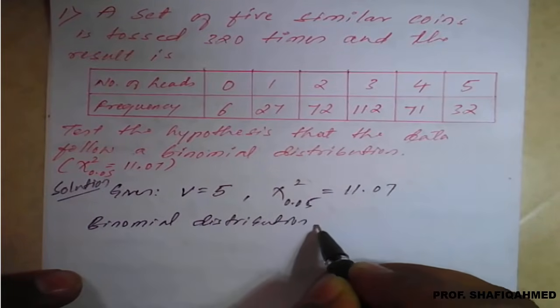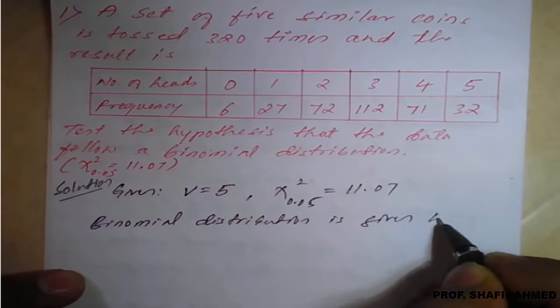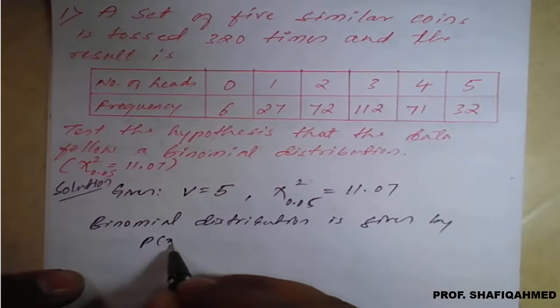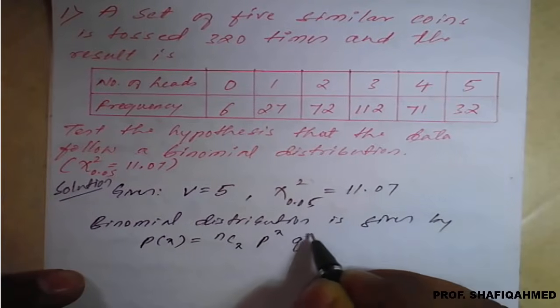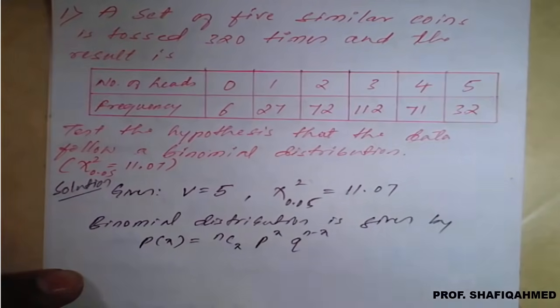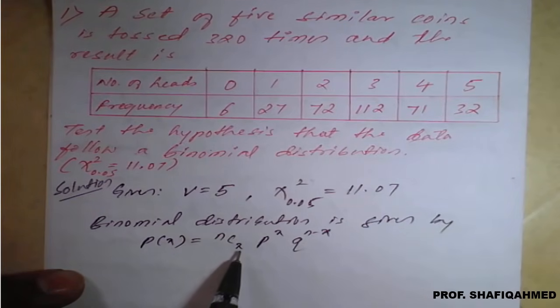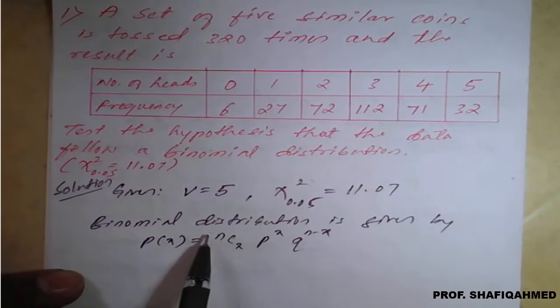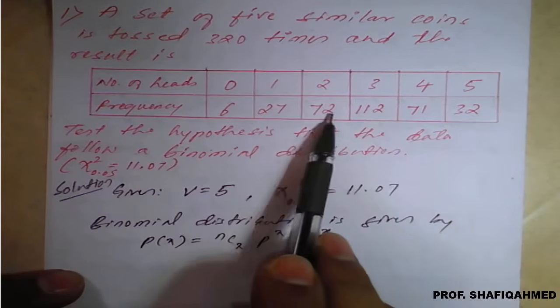Now we know that the binomial distribution is given by P of x is equal to nCx p raised to x q raised to n minus x. To execute this binomial distribution we need n value, x value, p value, q value. But remember, in chi-square, for the n value in the binomial distribution we have to consider phi. So the n value will be phi. Don't count 1 2 3 4 5 6.